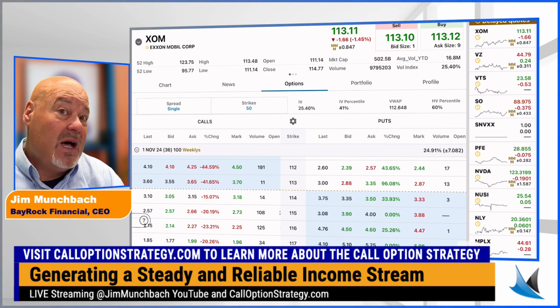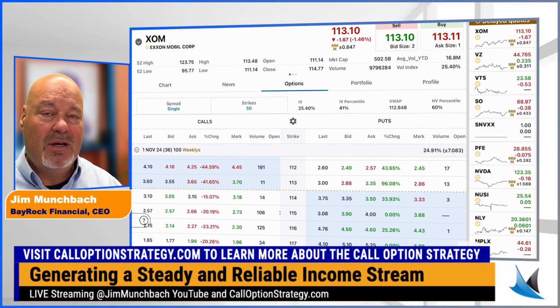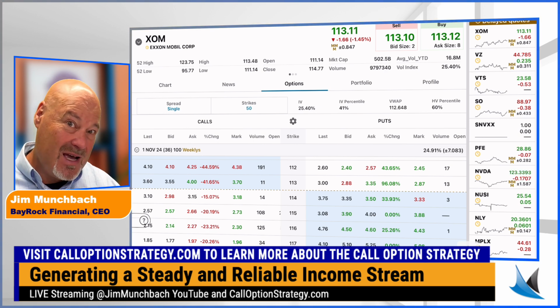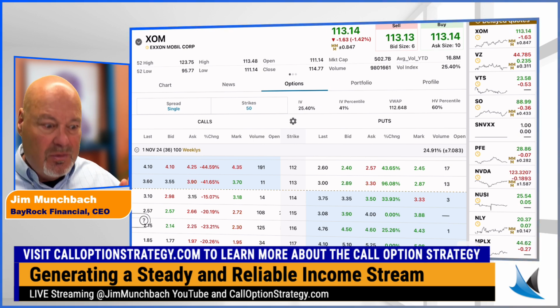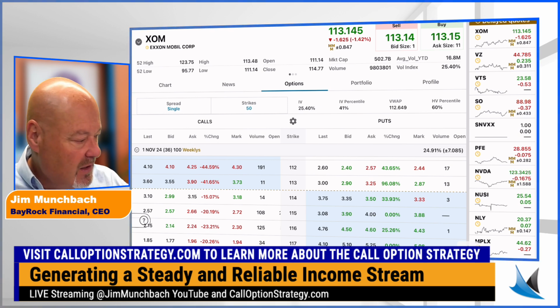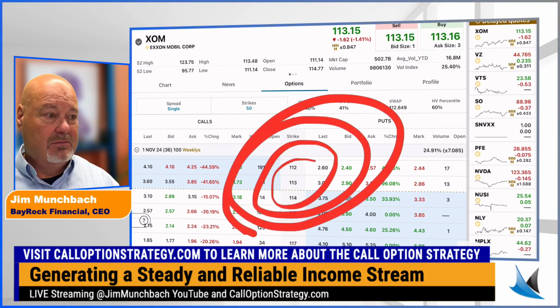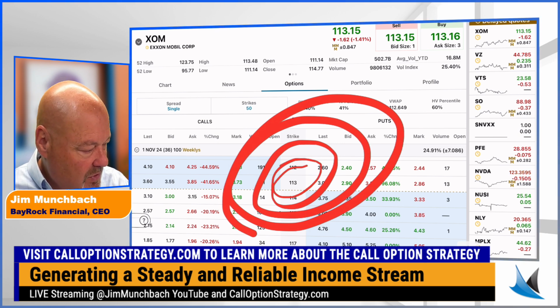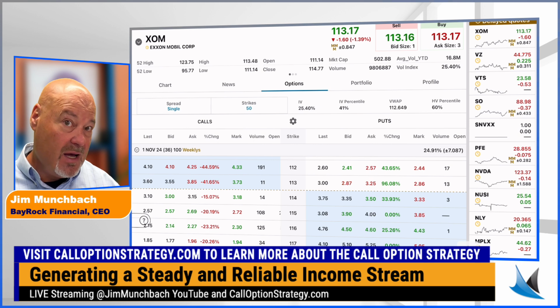I want to own the stock, so instead of paying full price, I would sell a put contract on it, which means whoever buys that contract has the right to put that stock to me at, in this case, $113 a share, which I would be happy with, to get paid $350 to buy 100 shares of